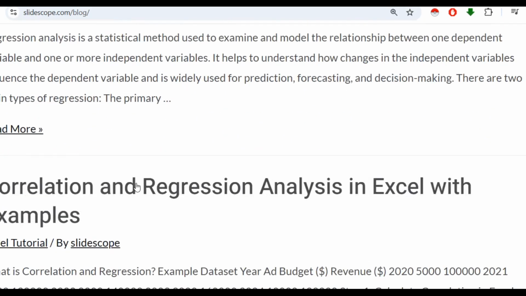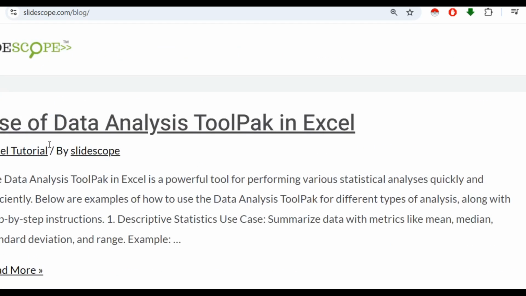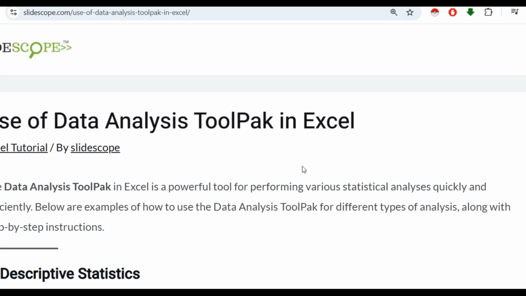In the previous example, we learnt about correlation and regression analysis in Excel with examples, and there we saw the use of Data Analysis ToolPak in Excel. This is a dedicated video on the use of Data Analysis ToolPak in Excel. The Data Analysis ToolPak in Excel is a powerful tool for performing various statistical analyses quickly and efficiently. Below are some examples of how to use this ToolPak for different types of analysis,